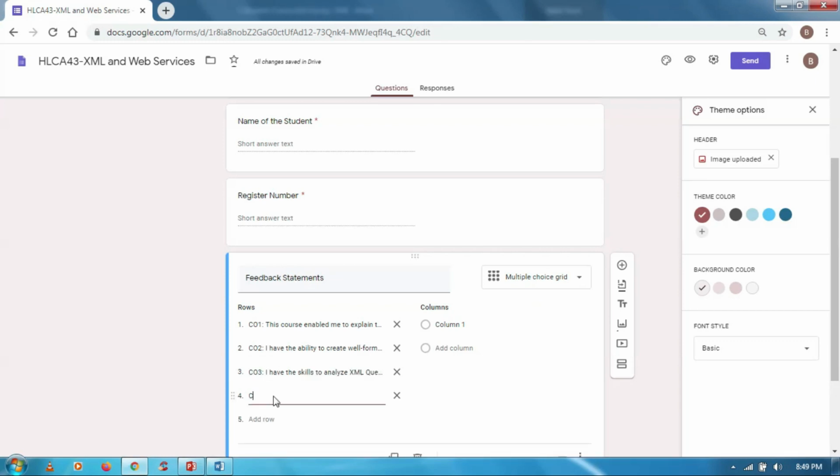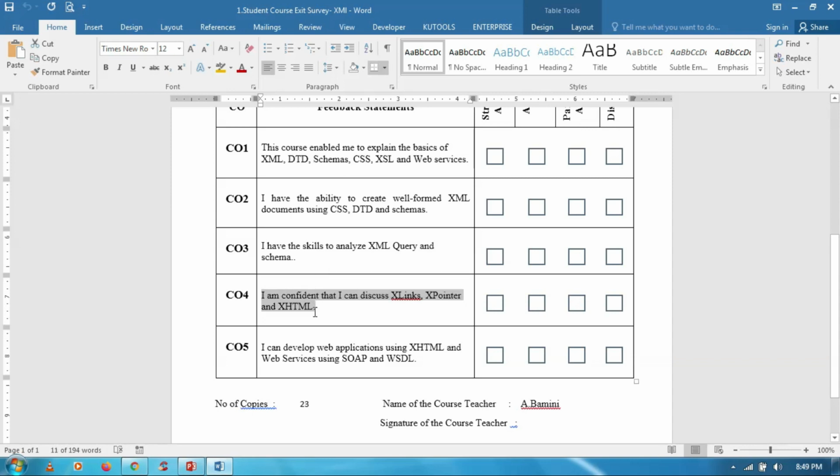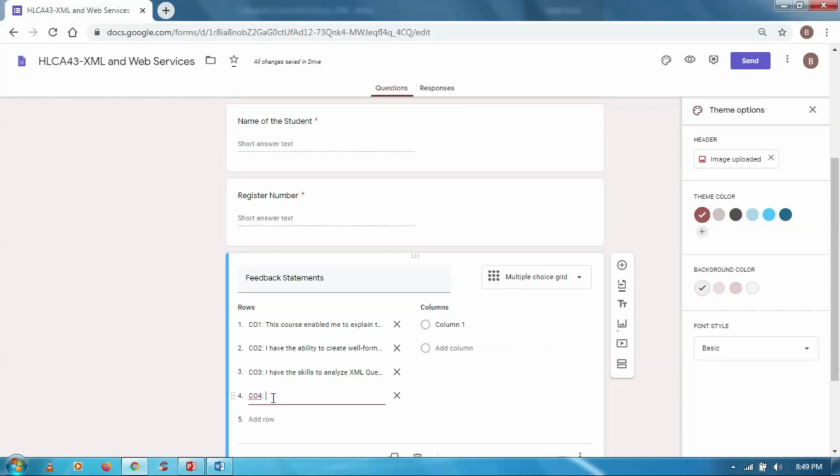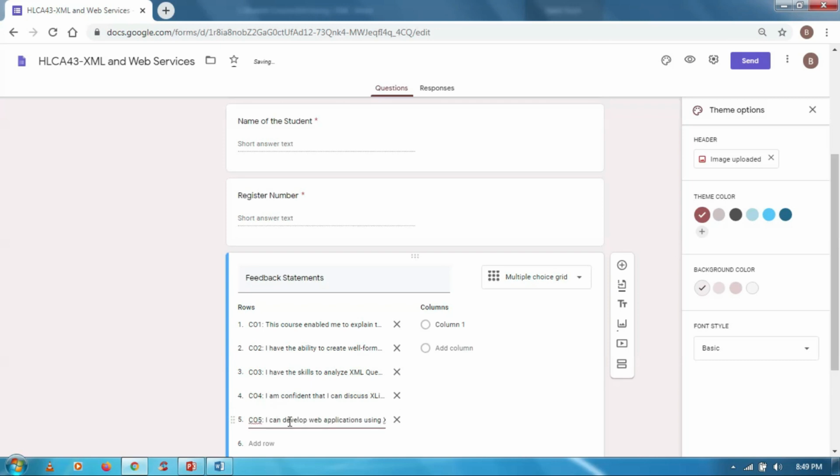Proceed with the 5 COs. Once all the COs have been typed, mention the column options: strongly agree, agree, partially agree, disagree.